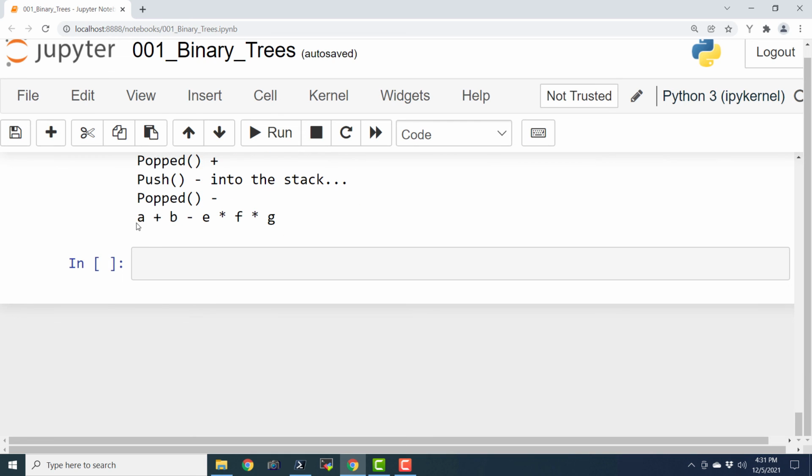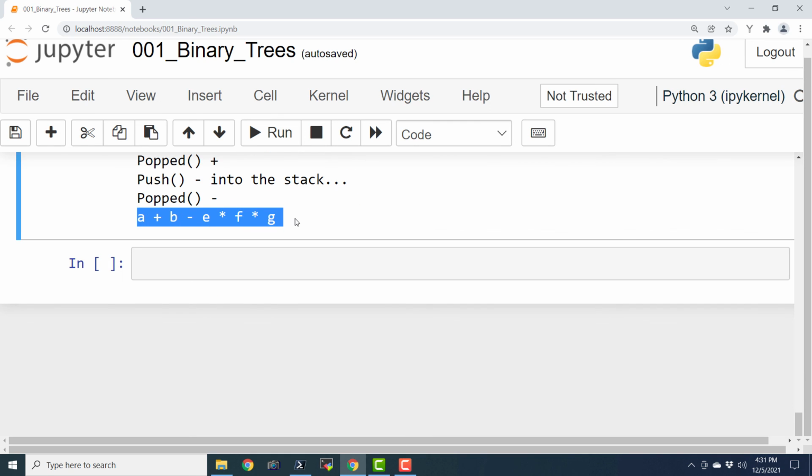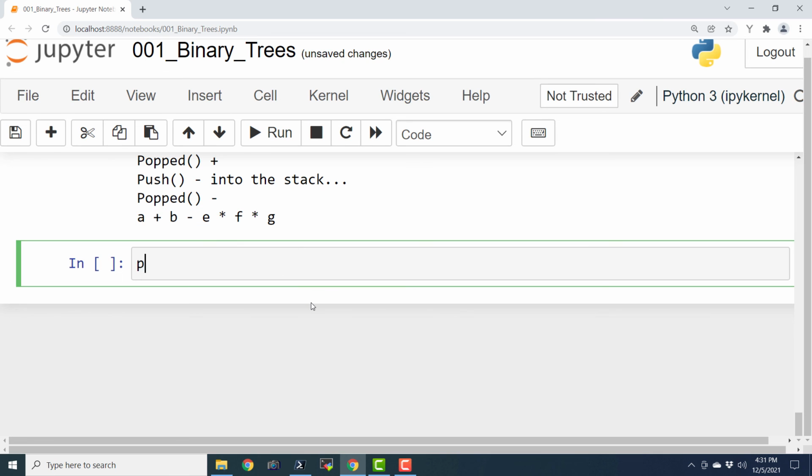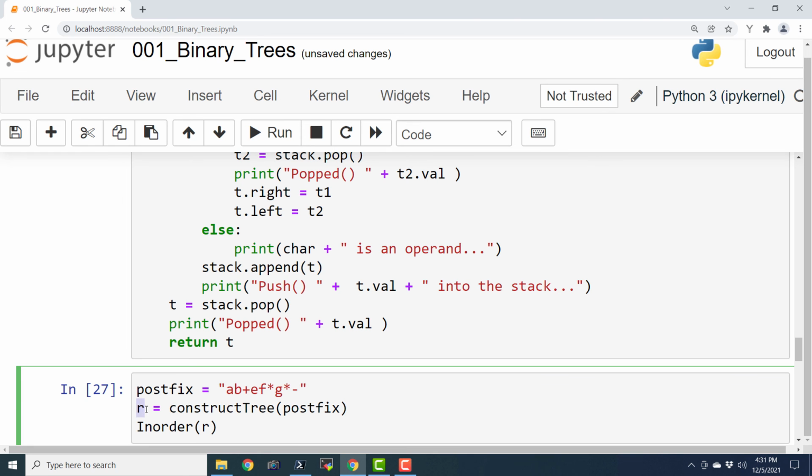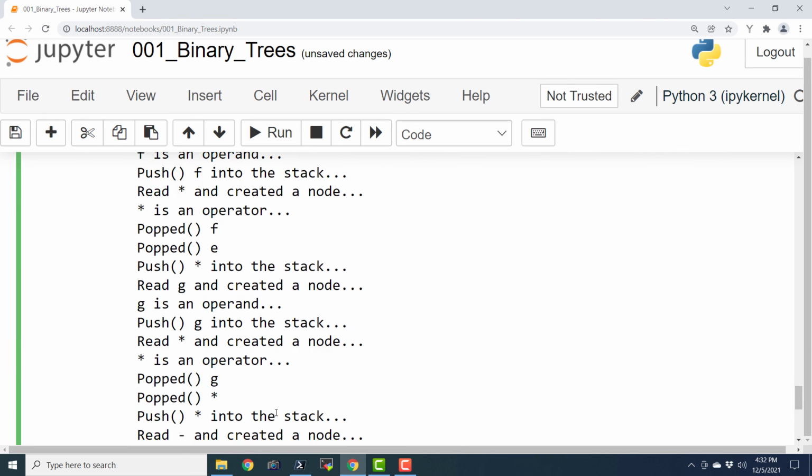So this is the in order traversal of our created tree. We can also say post order or pre-order of R. Okay. So R was the name of the variable here, I guess. Okay. So here R is the root of that constructed tree.